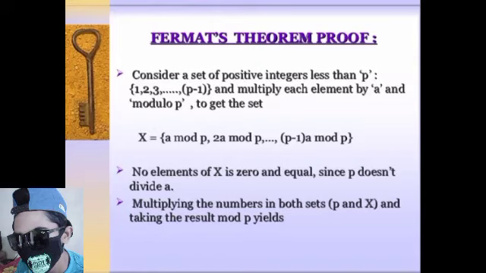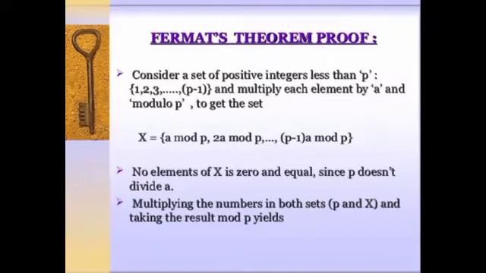Consider a set of positive integers less than p: 1, 2, 3, up to p minus 1, and multiply each element by a modulo p to get the set X. So X is a mod p, 2a mod p, up to (p minus 1)a mod p. No element of X is 0, and they are all distinct, since p doesn't divide a. And multiplying the numbers in both sets and taking the result mod p yields